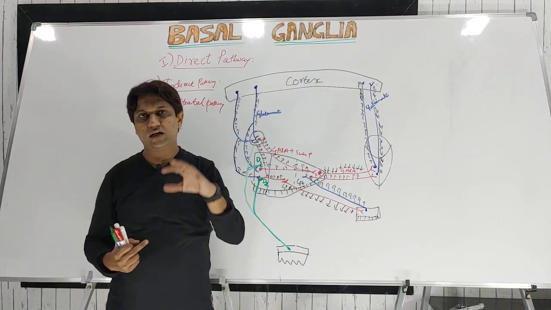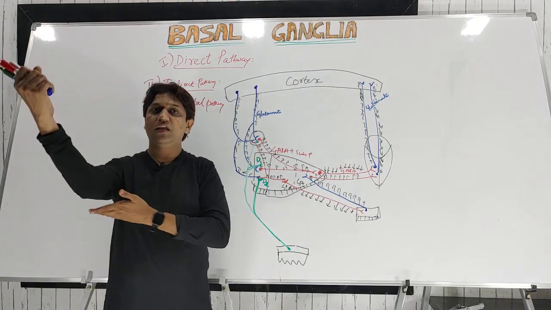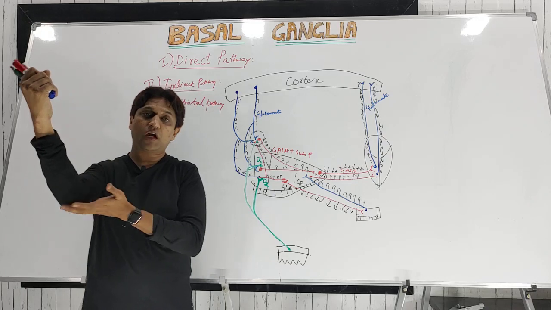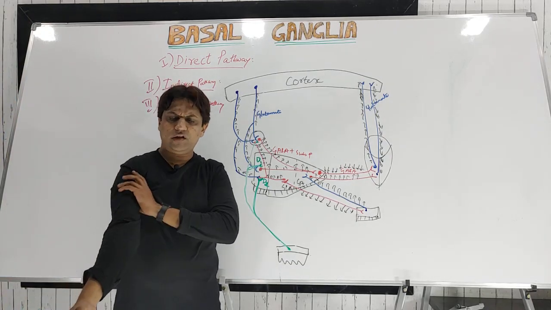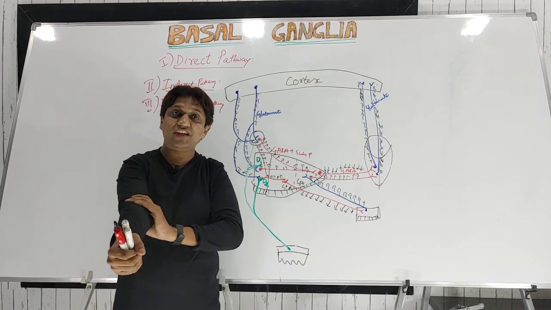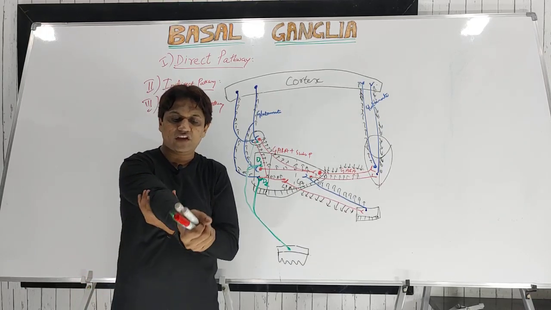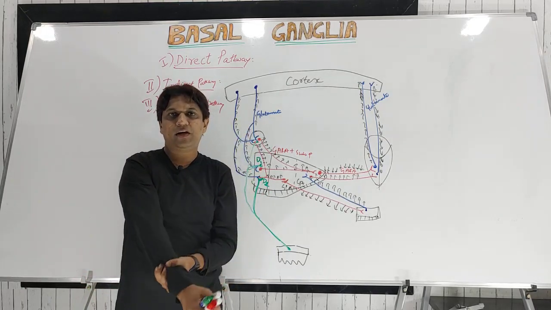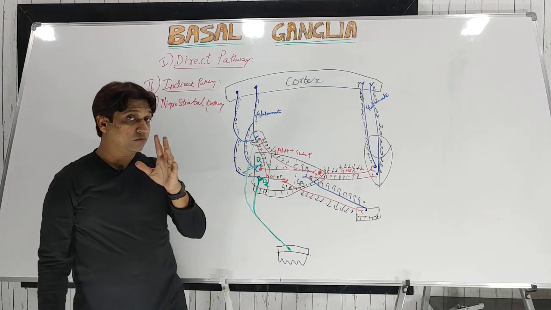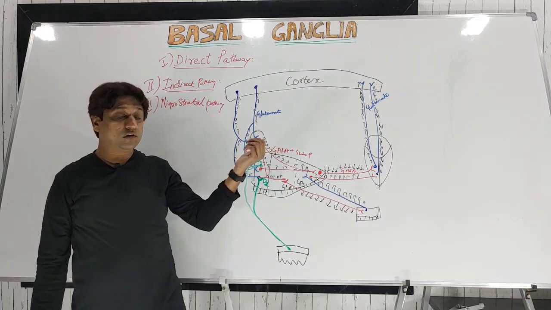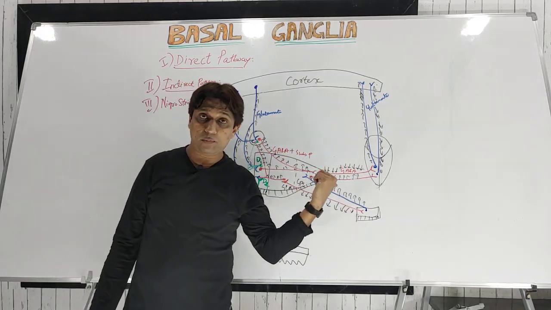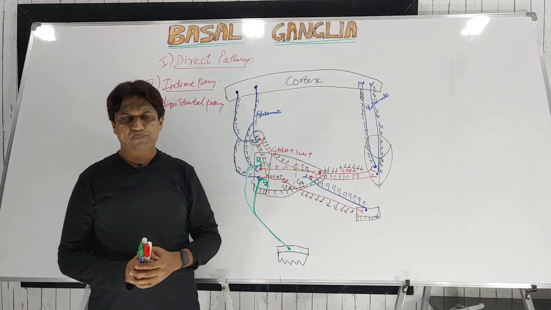Then the reticulospinal tract will fire, and it will increase the gamma motor neuron discharge, and it will cause an increase in the muscle tone, and when the muscle tone is increased, it causes rigidity, and typically you feel it as a lead pipe rigidity, okay? We have discussed one more type of rigidity, that is clasp type, that is spasticity in the upper motor neuron lesions. So please refer to my previous video to know about that, okay?